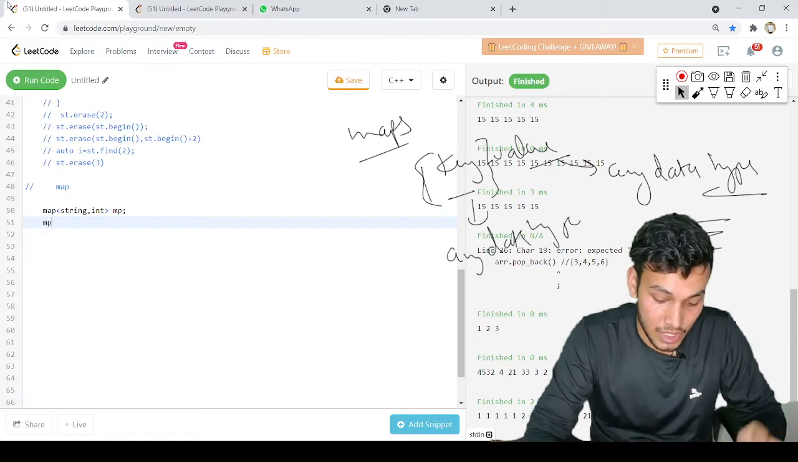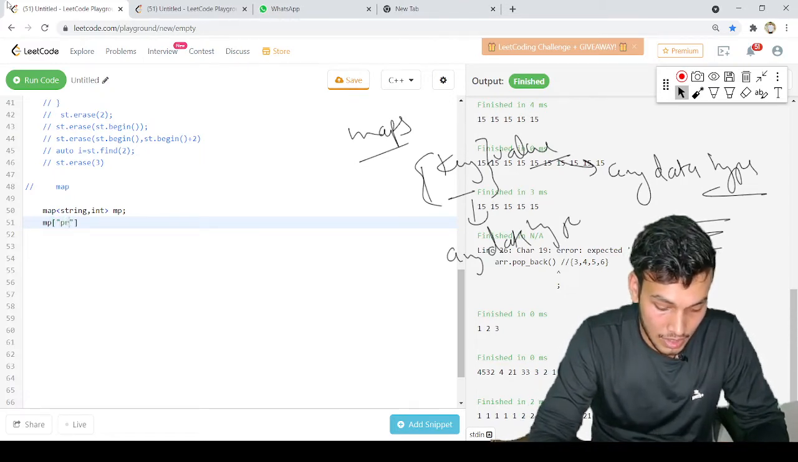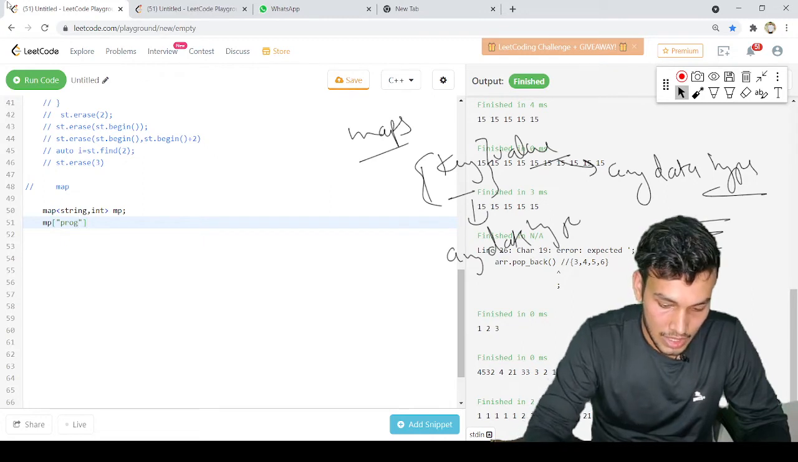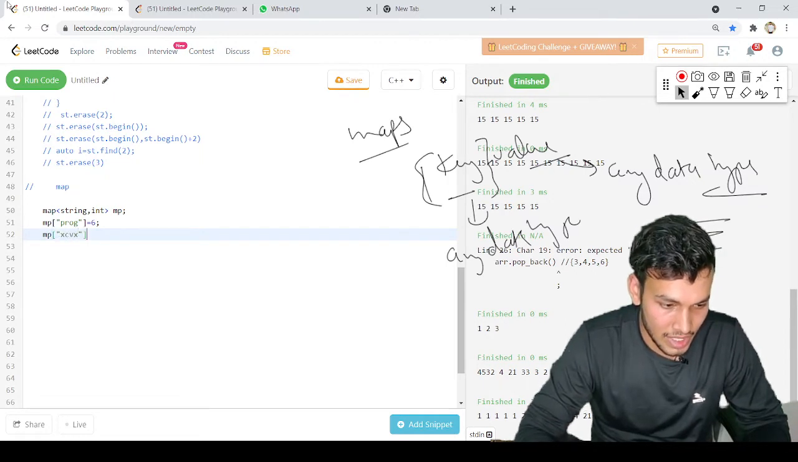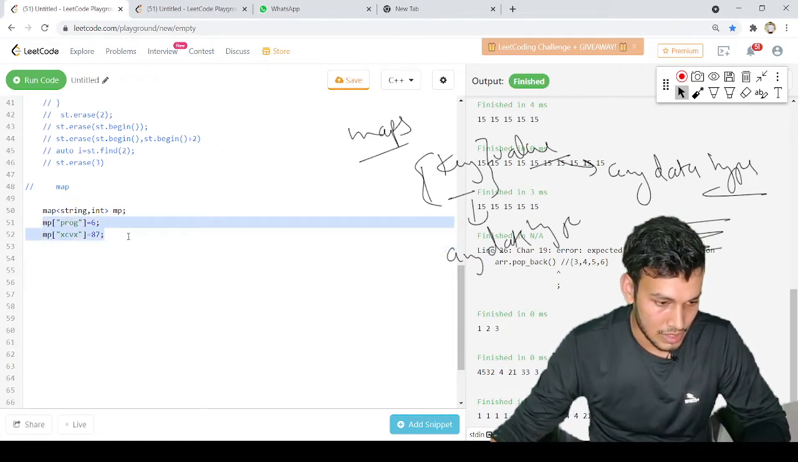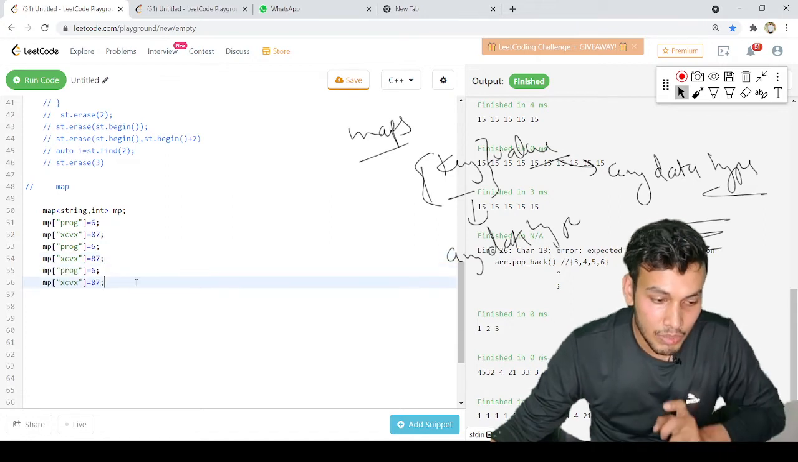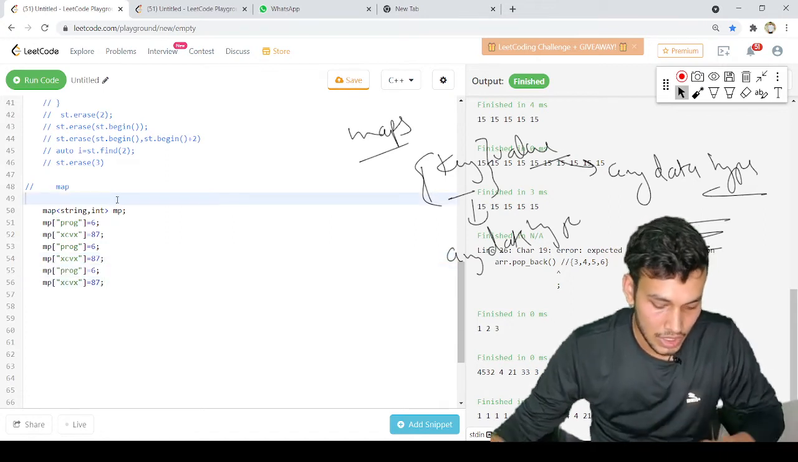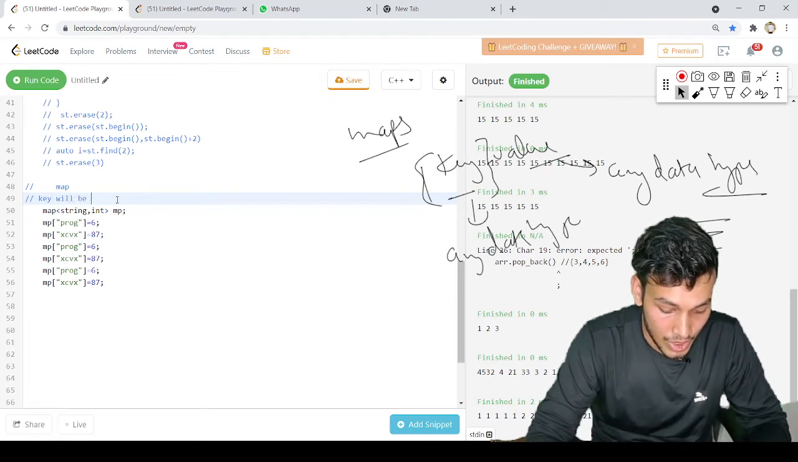Then let's add some values. Let's say I got a value 6. Then let me create some random keys, give them some random values, and copy paste this. Obviously the keys will be unique, so let me comment this: keys will be unique